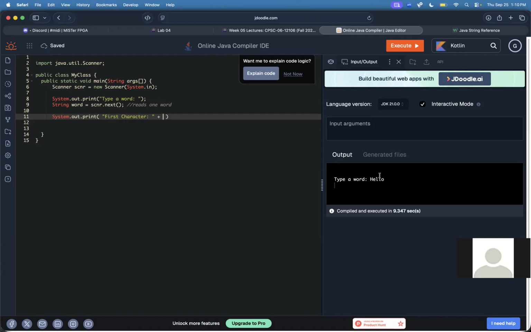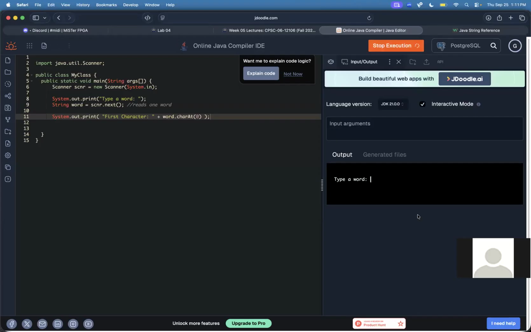So if I typed in hello, the first character would be H. The way you get it is the variable name is word, right? So it would be word dot, and then we would want the charAt, that's the name of the method that we just read. And then in parentheses, you put the number of the character that you want. The numbering starts at 0, which will be covered in the upcoming lecture. So this right here, word.charAt(0), is the first letter in word. So when I run this now,